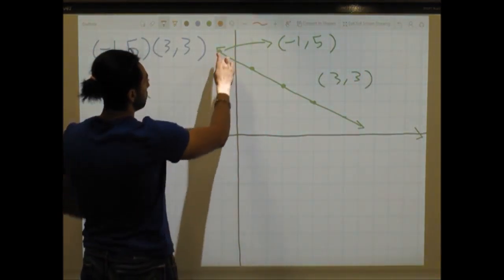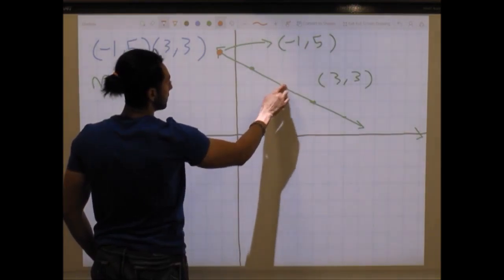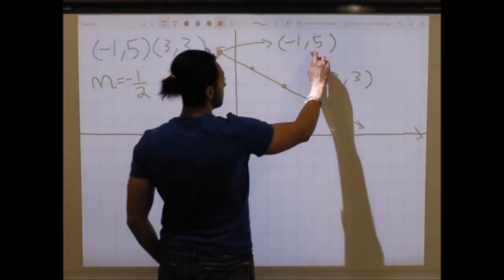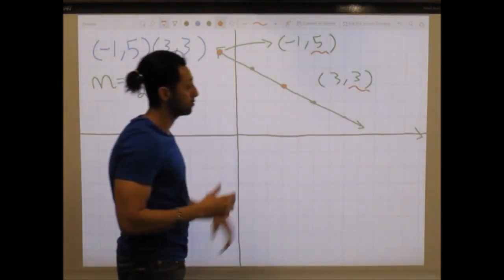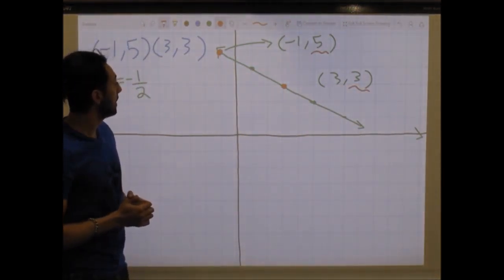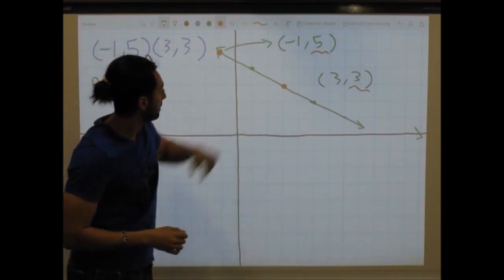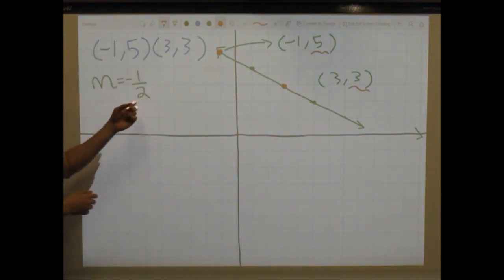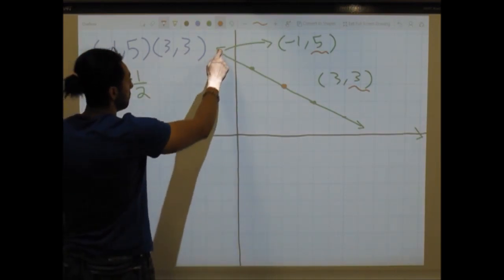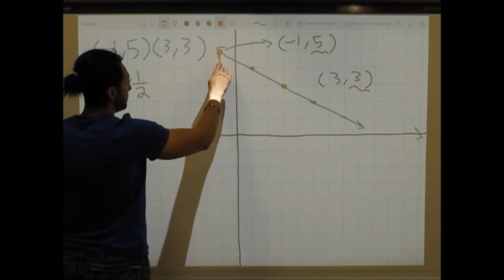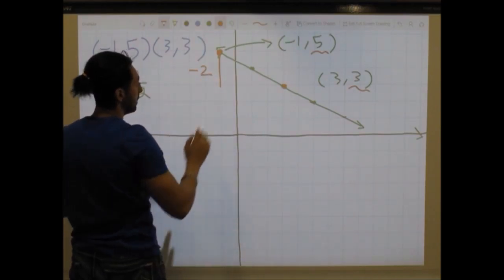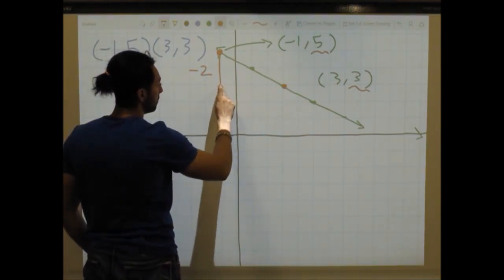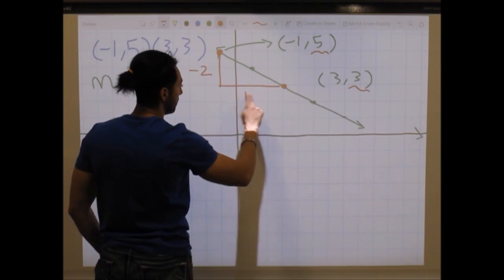Since I plotted this point first, and this point second, I can see that my y value starting was 5, and as I moved from left to right, it decreased to 3, so it matches with what we said earlier. And if I want to get from this point to that point, let's apply the slope definition to see if that happens. From here to get to there, I would have to go down 2. So I went down negative 2, and I'm going over to the right, which is positive 1, 2, 3, 4. So that's a positive 4.